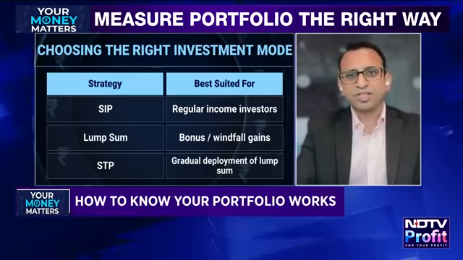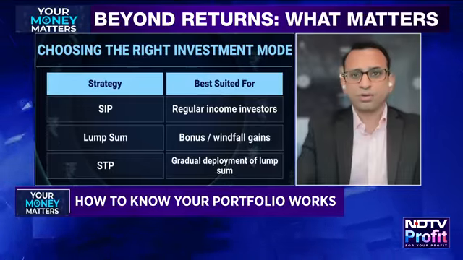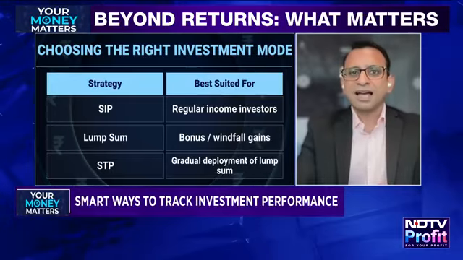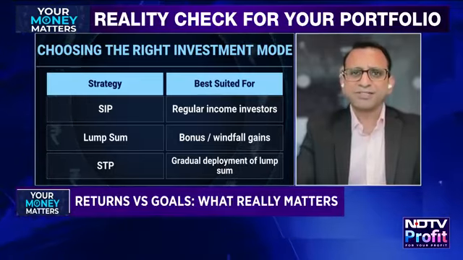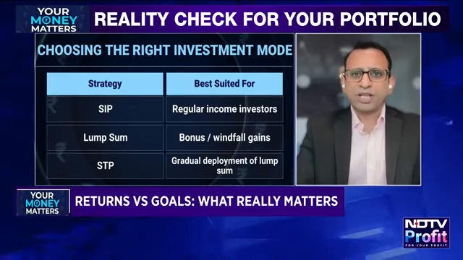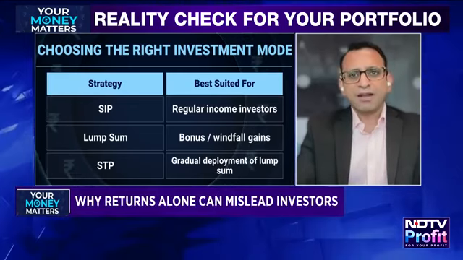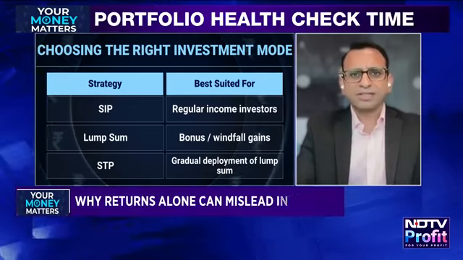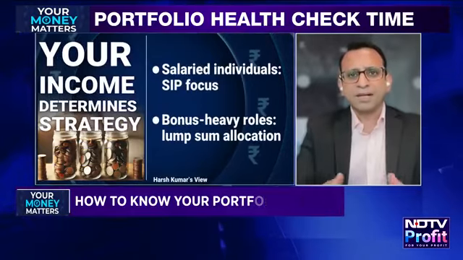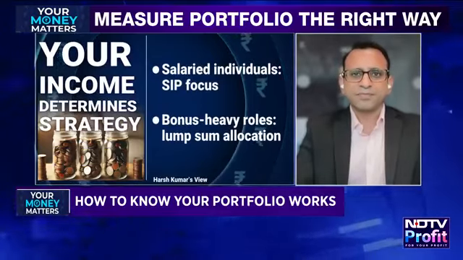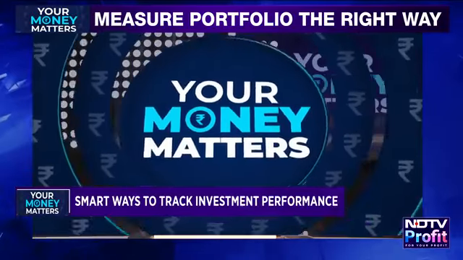Market is expensive, market is cheap, you want to book profit, you want to stop your SIP. Those kind of things are generally taken care of if things are automated. So if you ask me, the best strategy is your portfolio foundation can be via SIPs. And whenever there is a market correction like what we have seen in the last 1 to 2 months, you can add up or top up with some lumpsums as well.